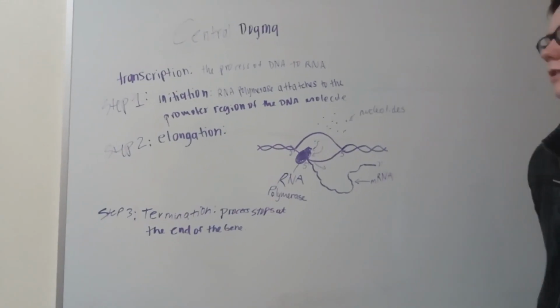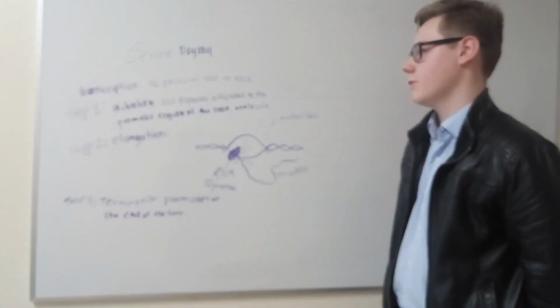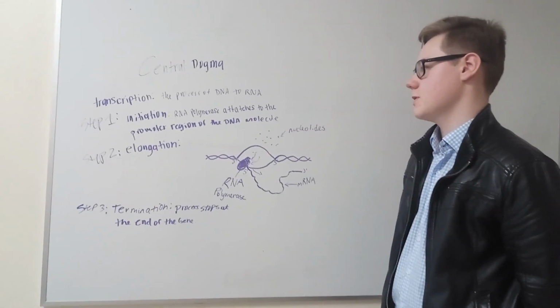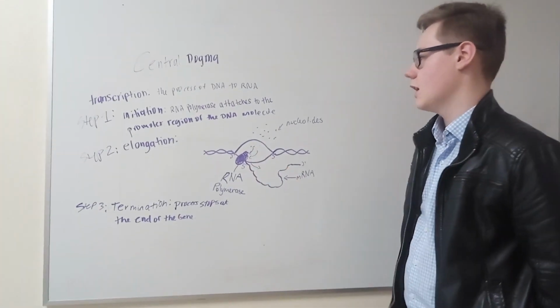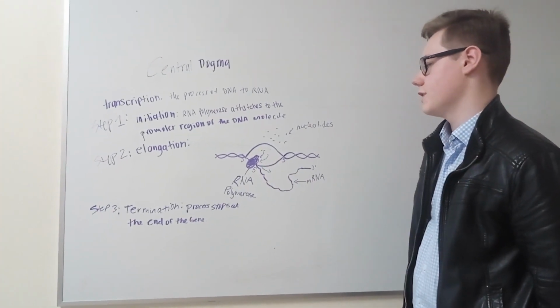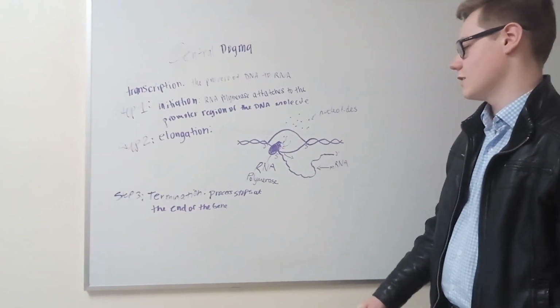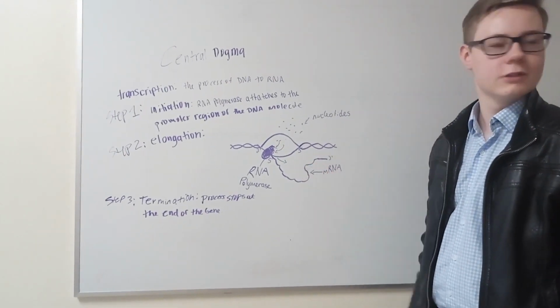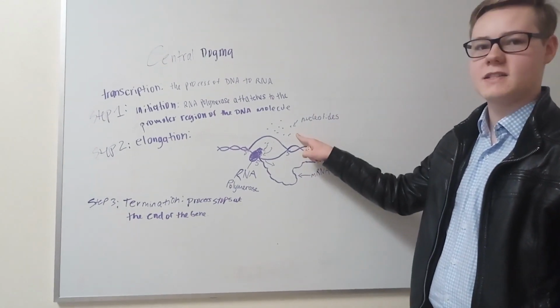Here we have transcription, the process of DNA to mRNA. The first step in transcription is initiation, where RNA polymerase, seen here, attaches to the promoter region of the DNA sequence. The second step is elongation, in which RNA molecules are synthesized from nucleotides in the nucleus,